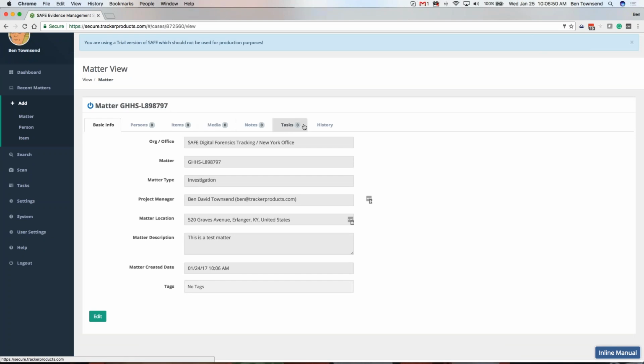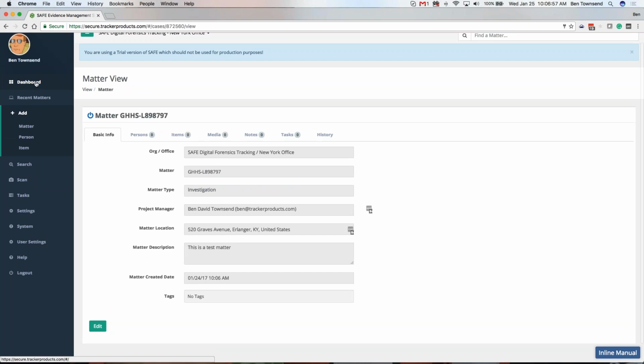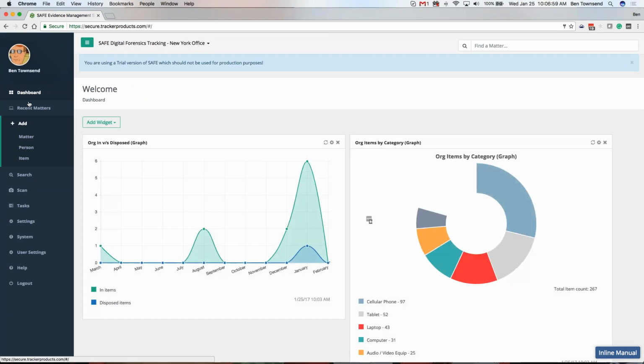I've got no items, no media, no notes, no task, nothing. All I did was build the first container. So once you build the container, now let me take a step back. When I go back to the dashboard, you can get into that container just by going up here and typing